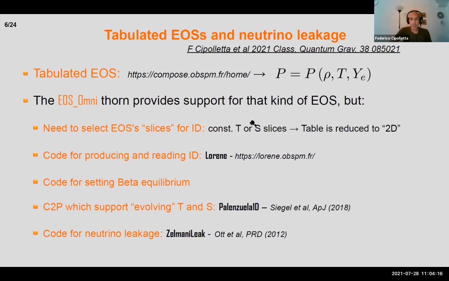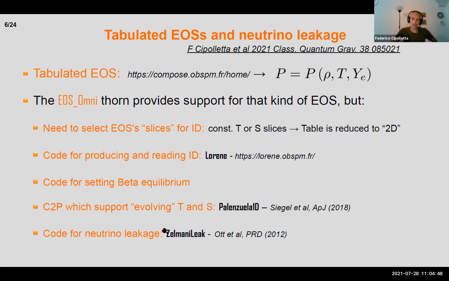And you also should provide some support for the evolving temperature, entropy and electron fraction within the conservative-to-primitive, and we adopted the Palenzuela 1D method. In addition, we also provided a modification of the public ZelmaniLeak thorn that can be found on the Stellar Collapse website in order to work with Spritz,